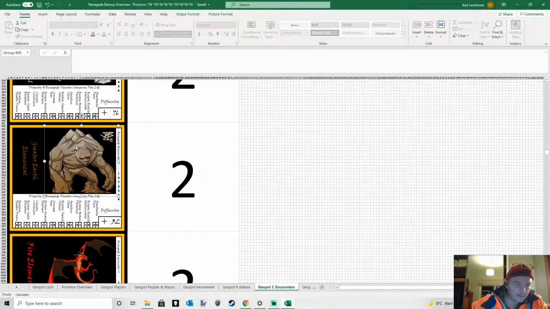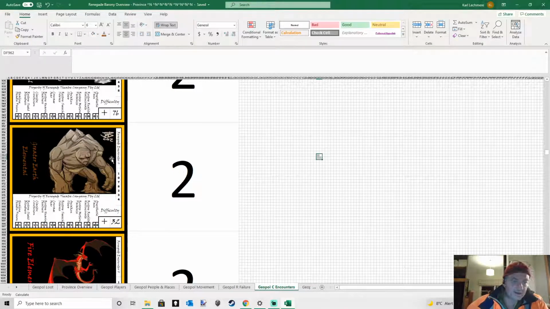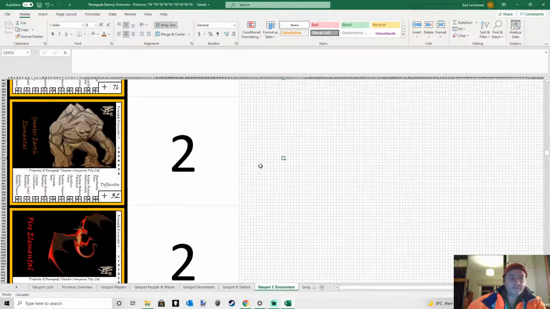I found this nifty way of hiding the calculations, or hiding some of the data that makes up the calculation behind the image, which is kind of handy because it's not going to ever be visible to anybody in this format. Anyway, it doesn't make much sense. What I'm trying to say is that it's not going to really impact on the player. As I said, I'm hopefully not going to have to do this again and again.